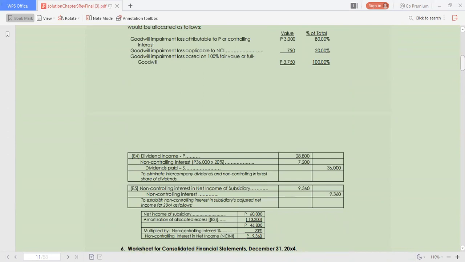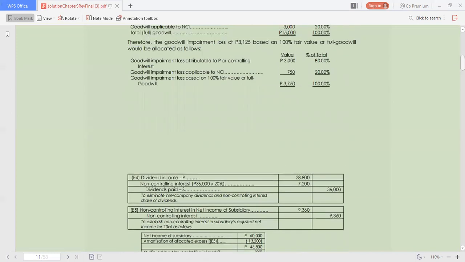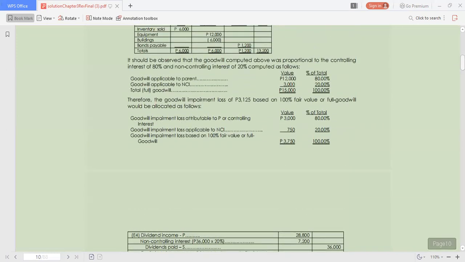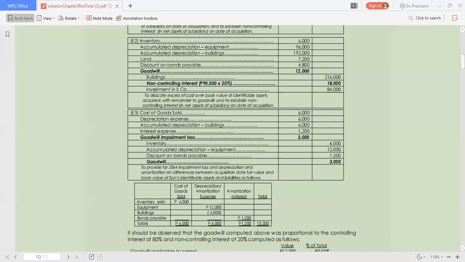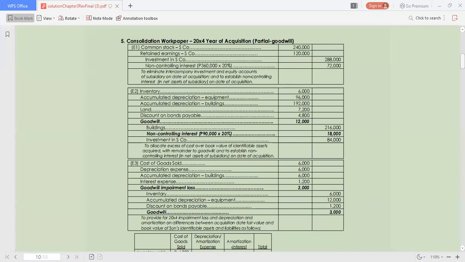for the working paper, eliminating the 20x4 and 20x5 reciprocal accounts. So first, we go to requirement number 5 for the consolidation work paper. Using the partial goodwill, we now debit common stock of S, debit retained earnings of S, and then we credit investment in S company for